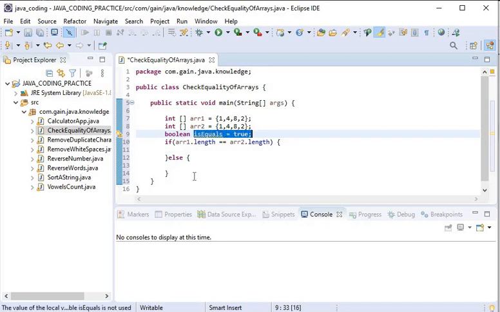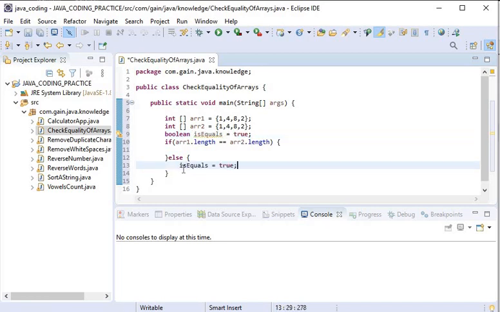If both arrays have different lengths, then the isEqual value will be false, meaning these are not equal. And if the lengths of both arrays are the same, then we will start to iterate.